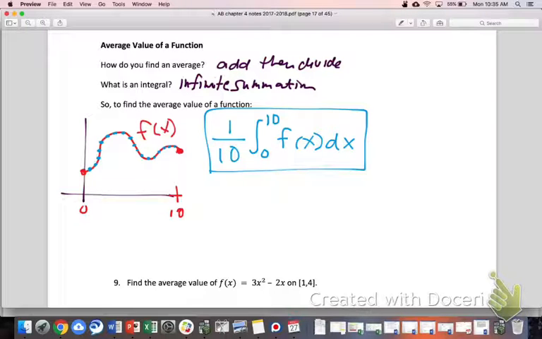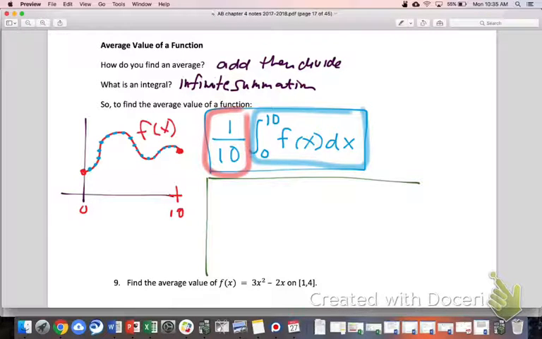What I'm highlighting right now, this is the adding up all the numbers part. And what I'm highlighting in red, this is the dividing by the number of numbers, functionally, is what we're talking about there. That would give us the average value of the function. So I want to give you a general rule for this, and then we'll do some practicing. The general rule is this. I'll say for the average value of f of x on